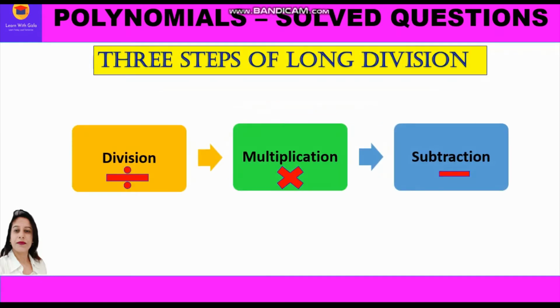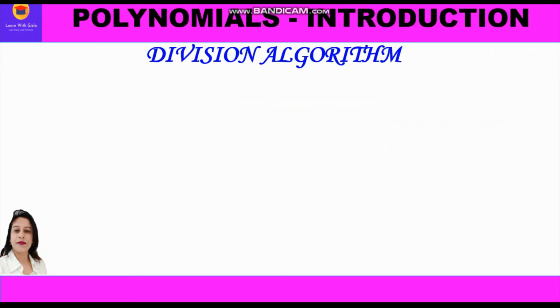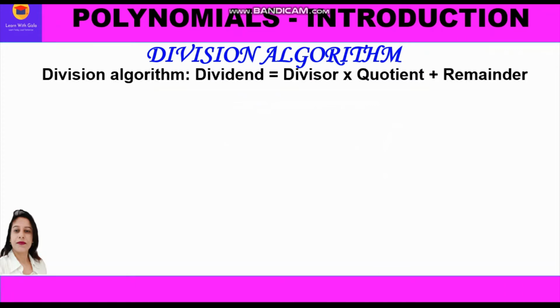Now there are three steps involved in long division. The first is division, second is multiplication, and third is subtraction. That means we have to undergo these three processes to solve our question. Now further, we shall use division algorithm to check our answer after we get quotient and remainder upon dividing the dividend by the divisor. Now division algorithm actually tells us the relationship between the four elements, that is dividend, divisor,